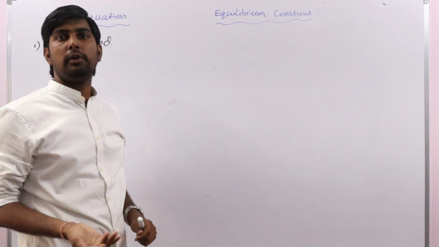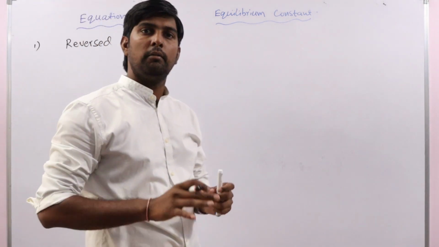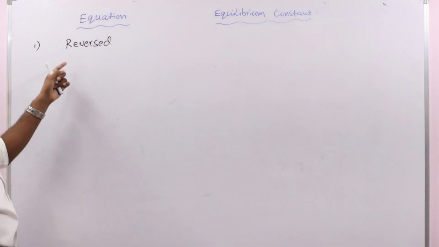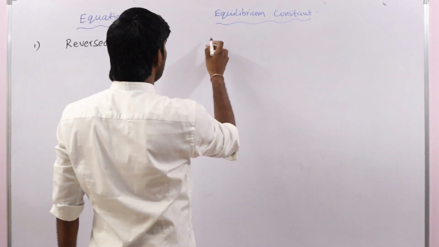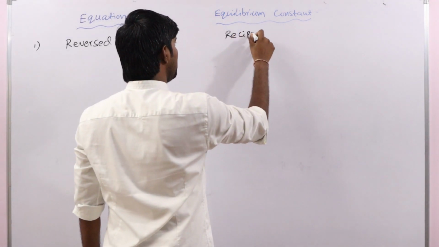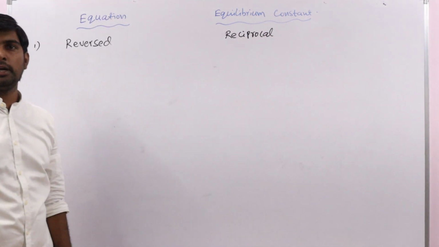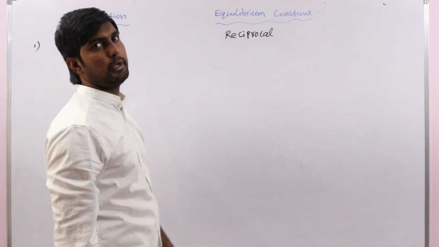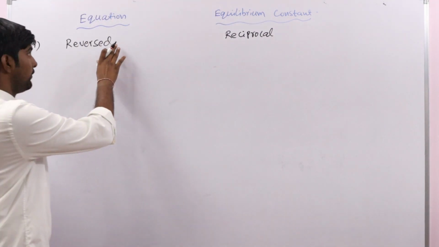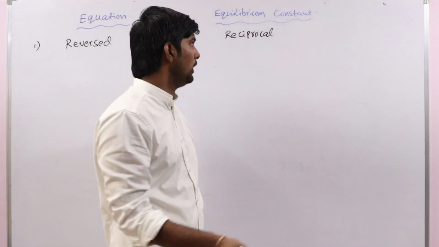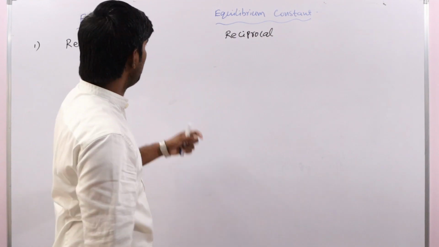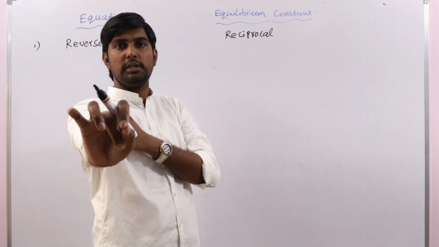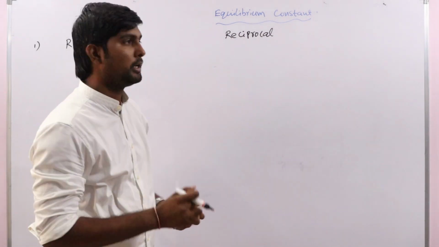Okay, the reaction we just discussed, we did one reaction in the laboratory and calculated the equilibrium constant. Now if that reaction is reversed, then the new equilibrium constant will be the reciprocal of the old equilibrium constant. Suppose for this reaction the equilibrium constant equals 2, for the reverse it will be 1 by 2. For this one it is 100, for this one that is 1 by 100. When a reaction is reversed, the equilibrium constant becomes the reciprocal.